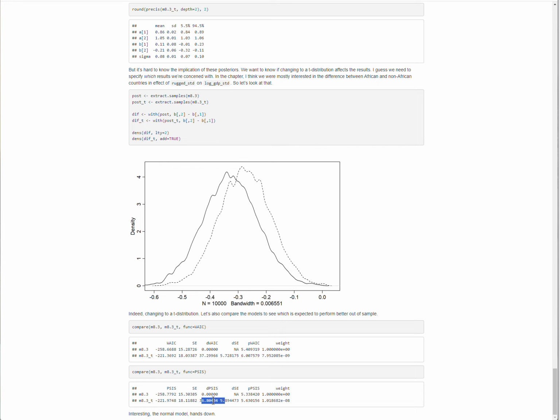The t-distribution is heavily penalized. Take that for what you will. I think that probably has a lot to do with how we defined the GDP variable. We took the log and then standardized it, and that is probably much closer approximated by a normal distribution than a t-distribution. But that's neither here nor there for this question.